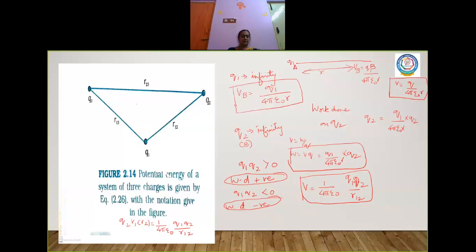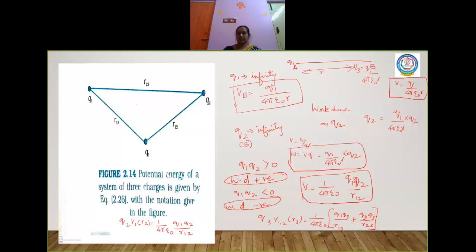When it is coming to the next, I will have Q3, I have V12 with respect to R3, which is equal to 1 by 4 pi epsilon naught, I have Q1, Q3 by R13 plus Q2, Q3 by R23. So due to the system of charges, the potential energy will be the sum of it. So U is equal to 1 by 4 pi epsilon naught. When you add all the potentials due to two charges, you will have the system of charges.